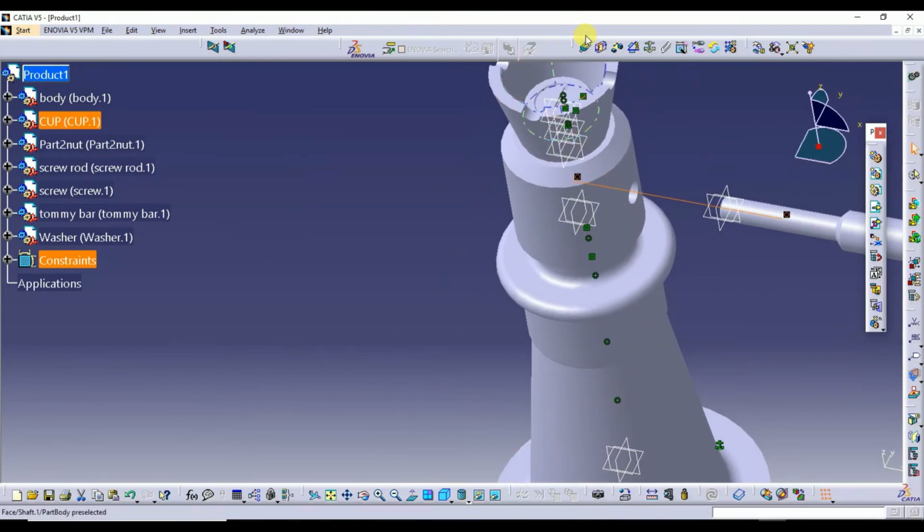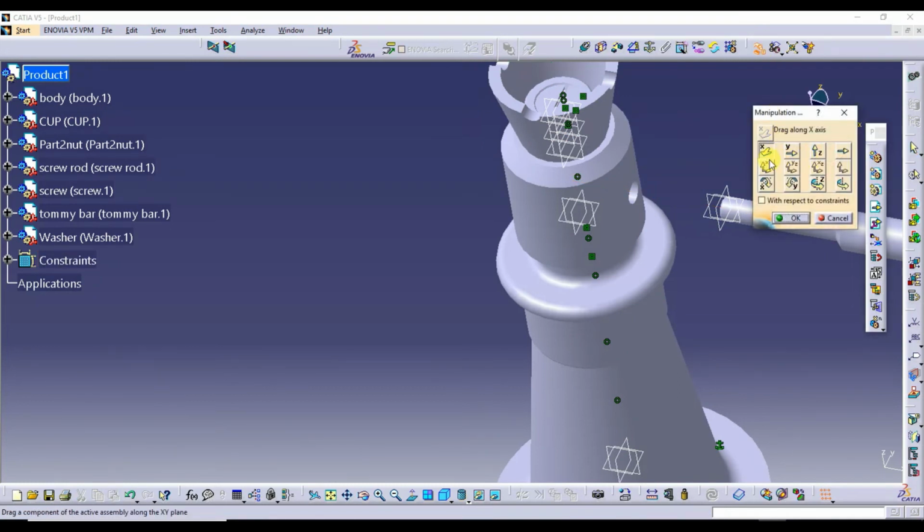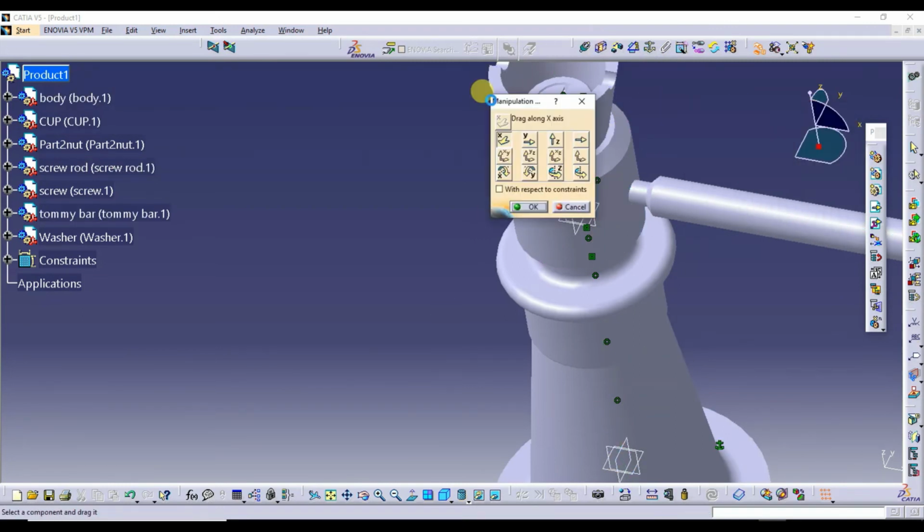I'll use the smart command. Just I'll try to move this inside this. You can choose the axis also.